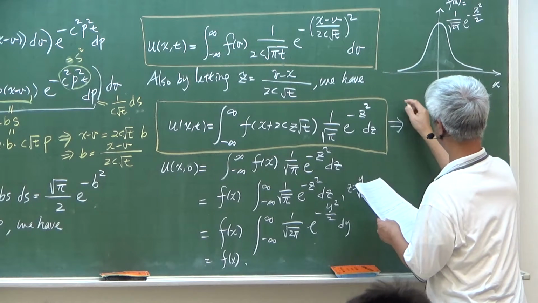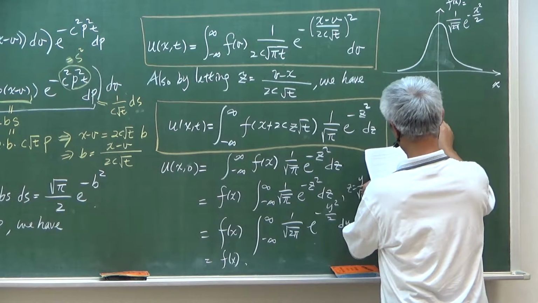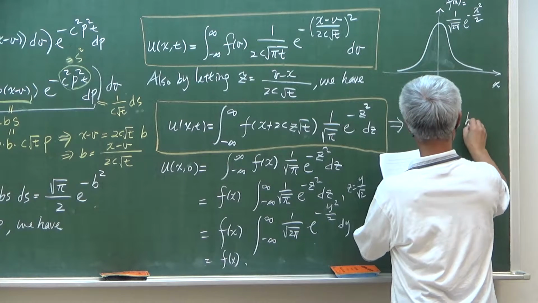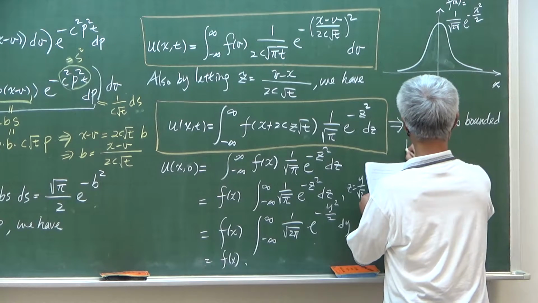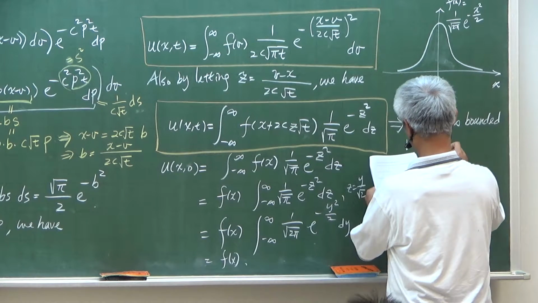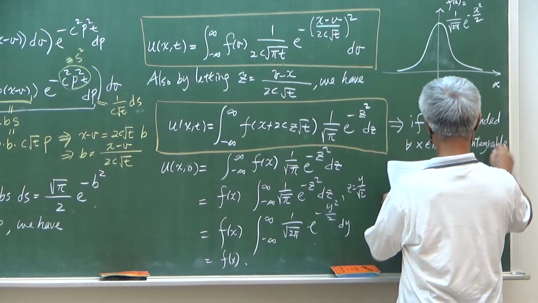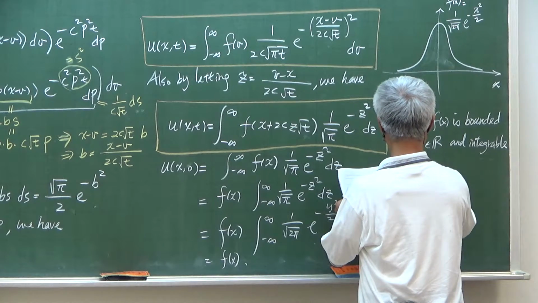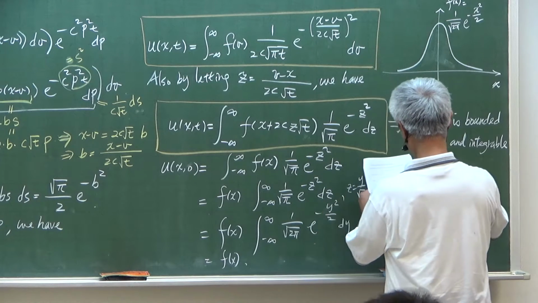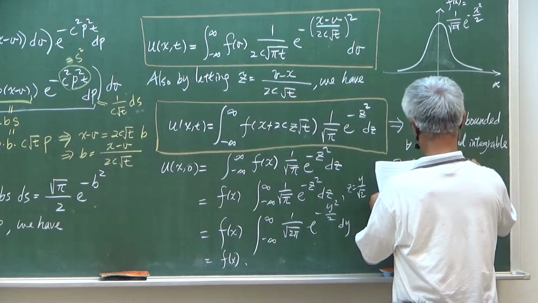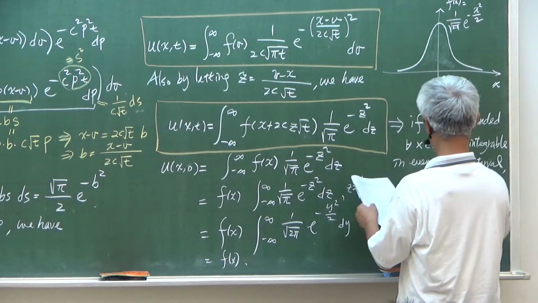So this one implies that if f of x is bounded, for all x in R, and integrable in every finite interval, then